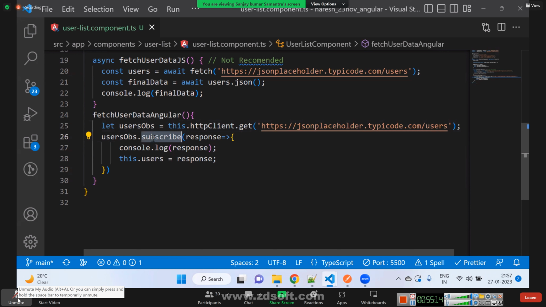If it is an observable, we write subscribe. Subscribe is a predefined word. Observable dot subscribe, we will get the response. That response we can assign to users. So that